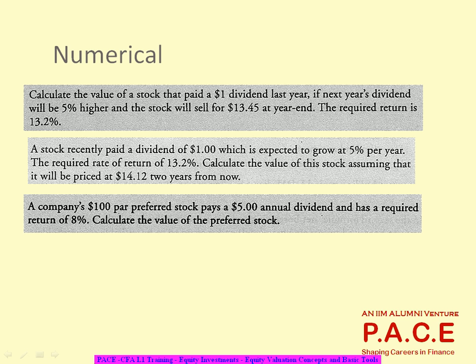Now, what are all the cash flows that I am going to get? There is one dividend which I am going to get, which is all the future only, not historical. It paid 1 last year. But next year dividend is 5% higher, so I will get 1.05 next year. Right? So this I will get after 1 year. What is the present value of this? This is the present value, divided by 1 plus R. Right? This is the present value.